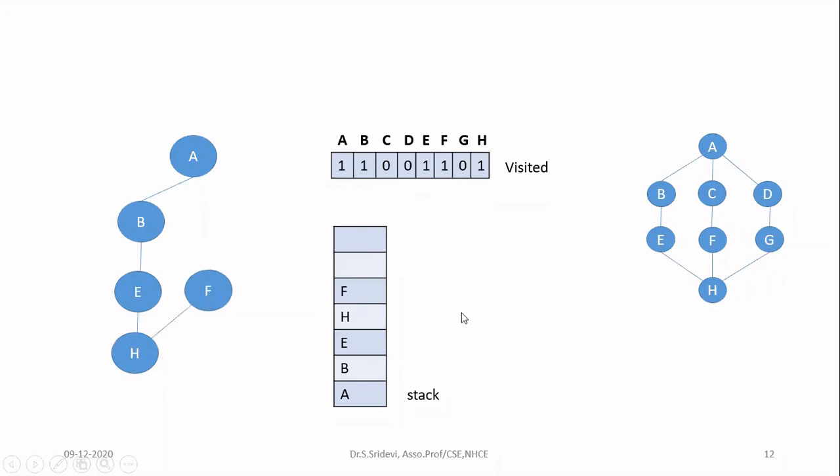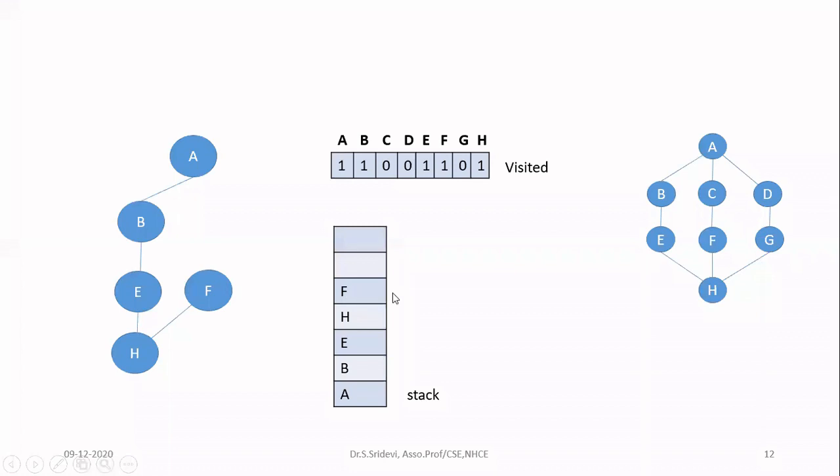So now you can proceed with H. Take H, check which are all the neighbors of H. To node H, totally three neighbors are there. They are E, F and G. But E is already visited. F is not visited so far. So what you can do next, you can go to F. So I am pushing F onto the stack. I am marking F as 1. Then I am drawing a line between F and H. I am adding F to the output graph. So now I have done with F.